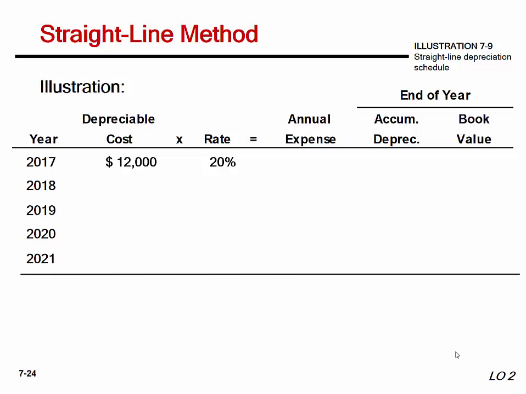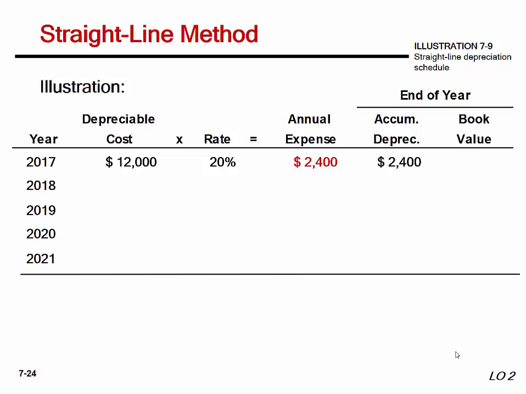Well, if you take 12,000 and multiply it times a rate of 20% instead, you will also get 2,400. Again, the journal entry is going to increase depreciation expense 2,400 and then increase the account accumulated depreciation